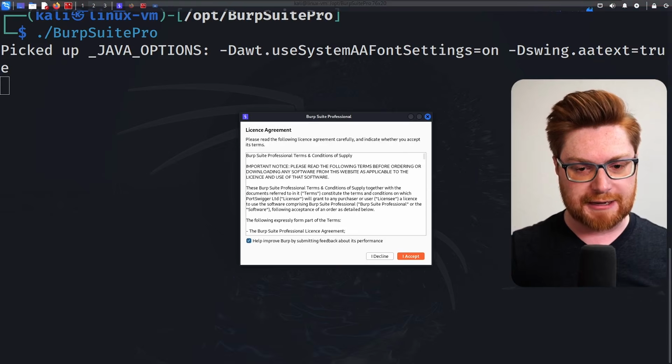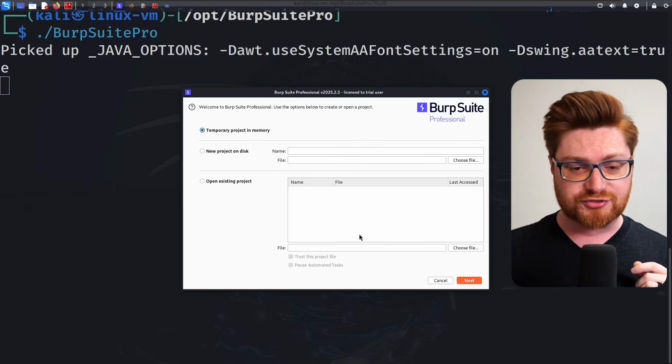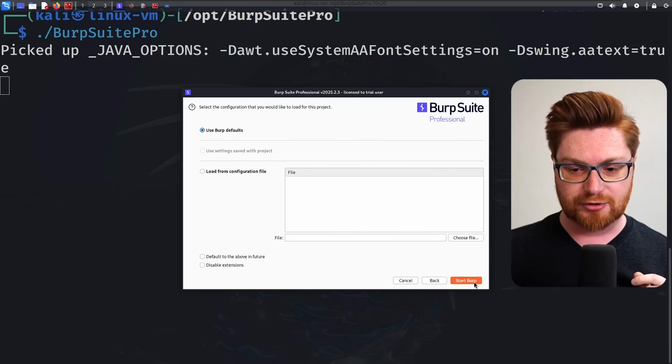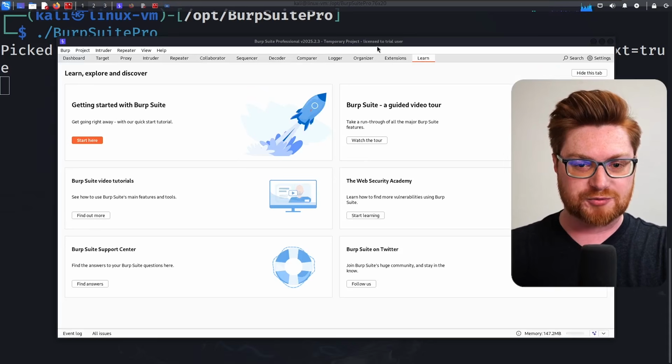Excellent. This will get it up and running, and I will cruise through adding my license. All right, now I'll use the usual setup with just a temporary project in memory. We can click next. Using the Burp defaults is fine, and we can start Burp. Excellent. Here we are in Burp Suite Professional version